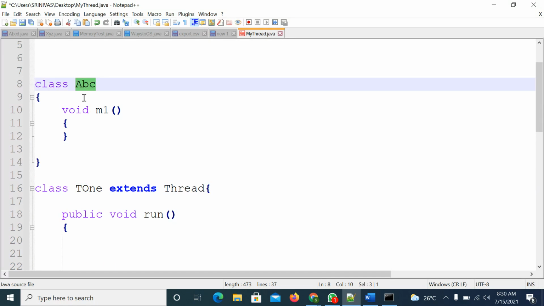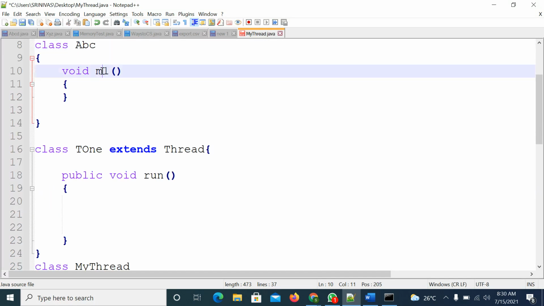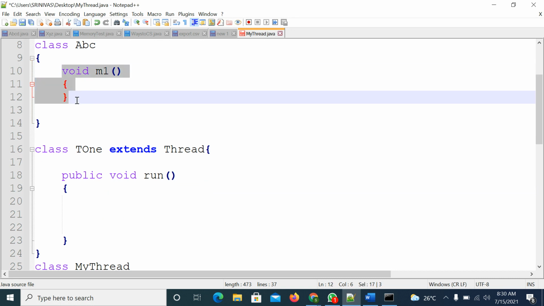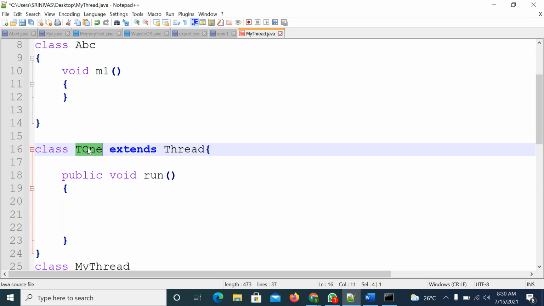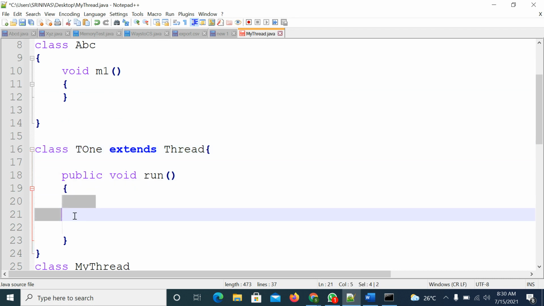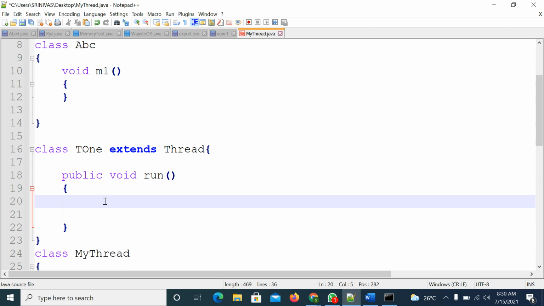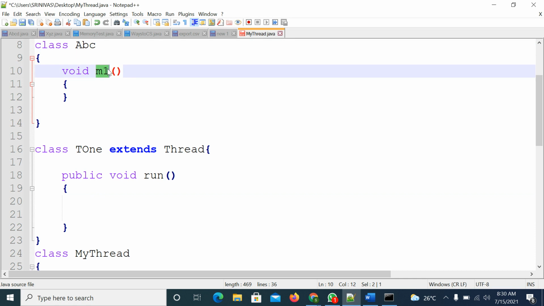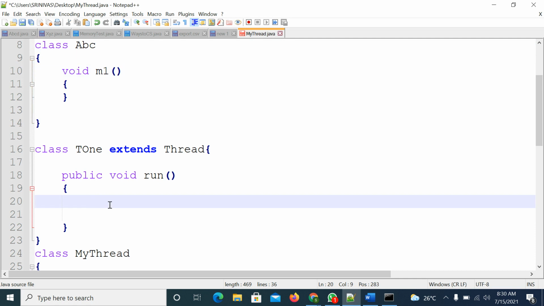ABC class is there, and it contains one method, M1. I want to access this M1 method from two threads. For that purpose, I created one thread class. In this thread class, I have a run method. From this run method, I need to call this ABC class M1 method.